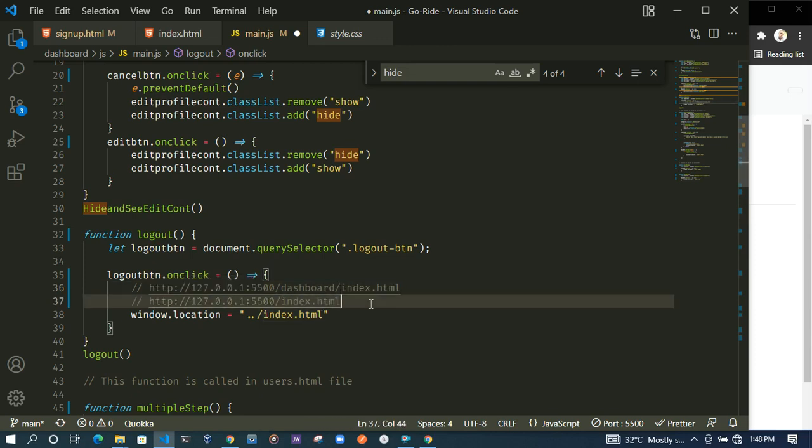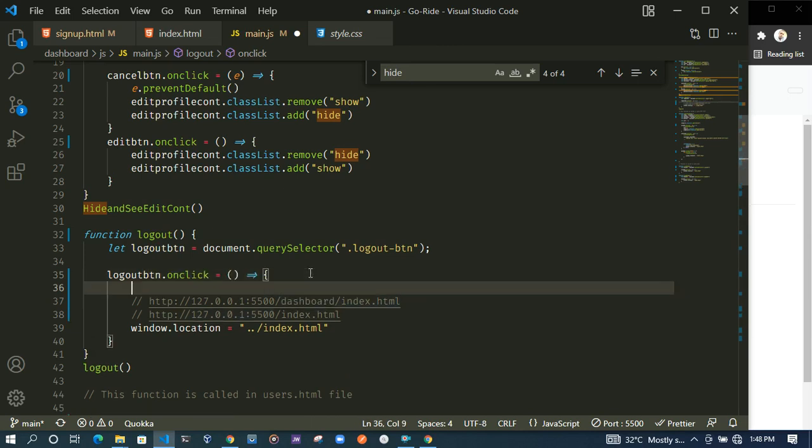But how do we need to do that? Well, we need to come out from this dashboard folder, and to come out from a directory in normal computer understanding, we can make use of what? /. The /. Here we're telling the computer to move out